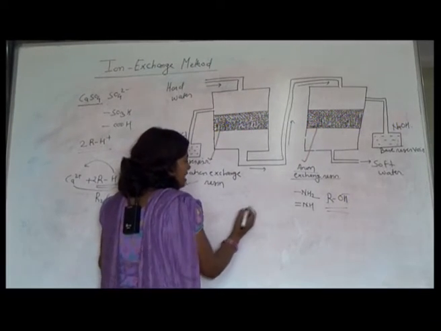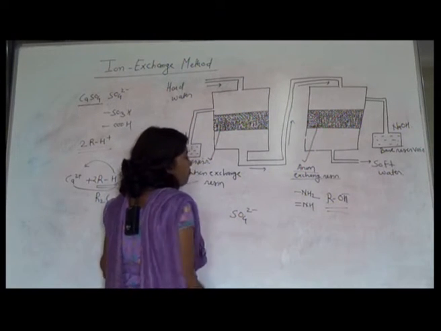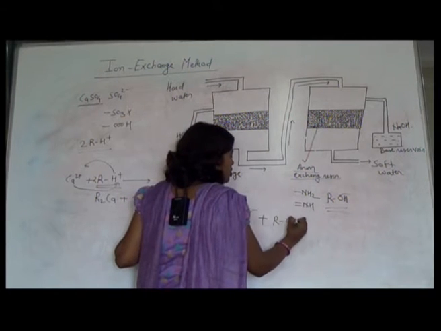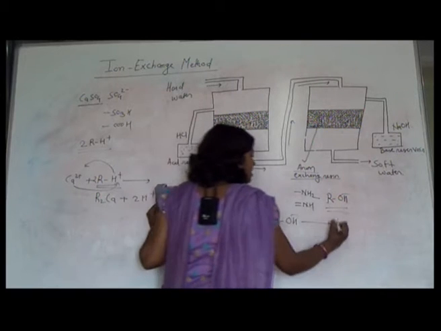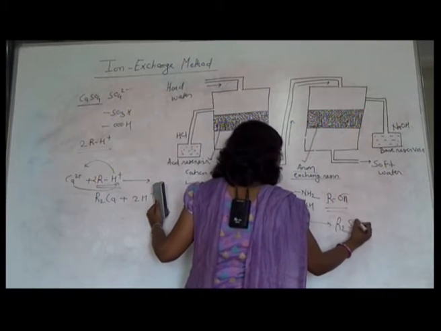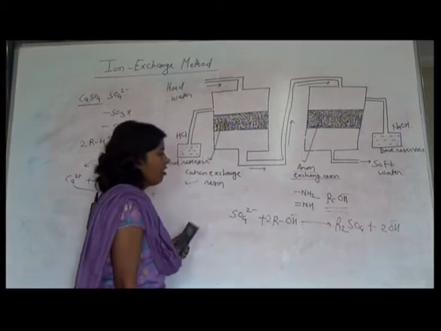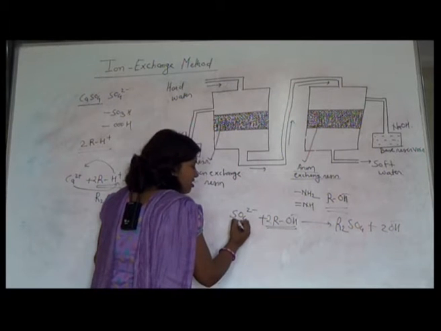What about its ability? Let's see the reaction. SO4 2- ion from the hard water plus R OH-, that is the anion exchange resin. So in this case there is formation of R2SO4 plus 2OH-. So in this way that resin takes SO4